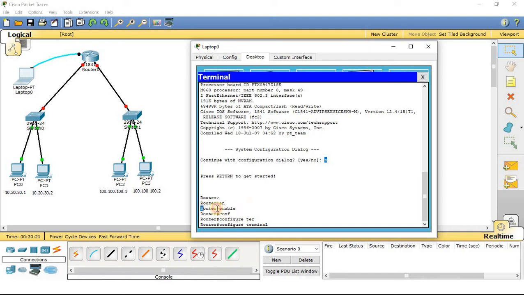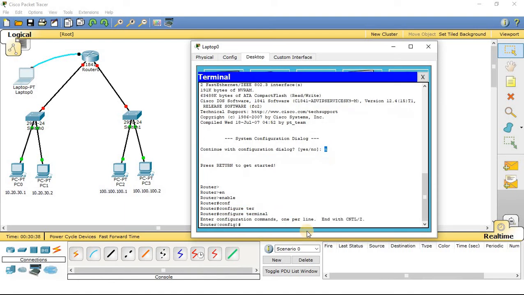After that the router will be in active mode, and then if you are going to configure the router, you have to move to configuration mode, and for moving to configuration mode you have to use the command configure terminal. So press enter. You can watch now the symbol has changed, Router followed by config hash. So now this symbol signifies that you are in configuration mode. So now we can configure this router.